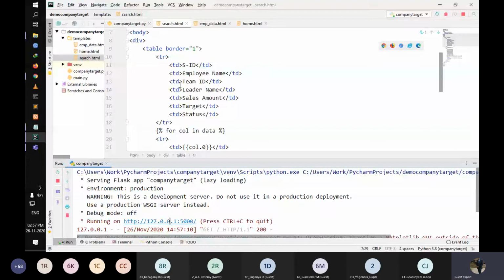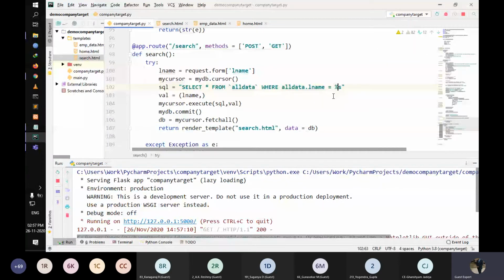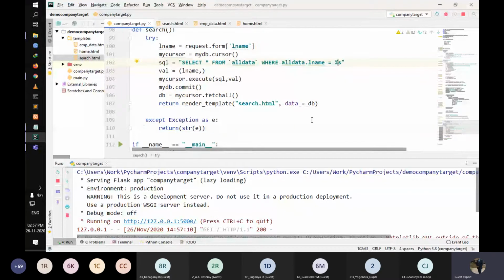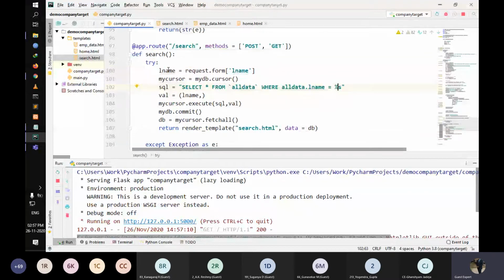Some issue here. Let's go to the query. It says HTML method post, get.